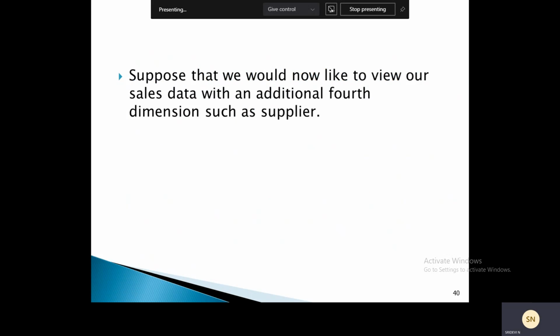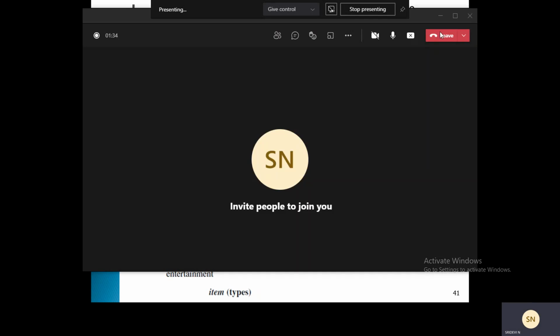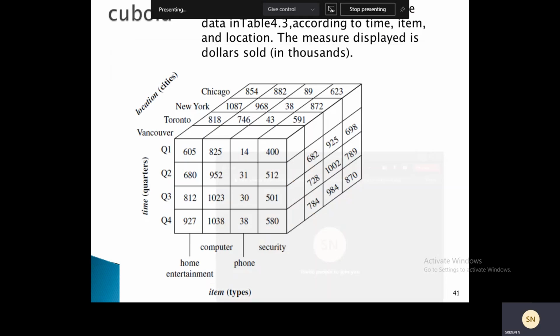Suppose that we would now like to view our sales data with an additional fourth dimension. It's a bit tricky, but we can think of a 4D cube as being a series of 3D cubes, as shown in the figure.